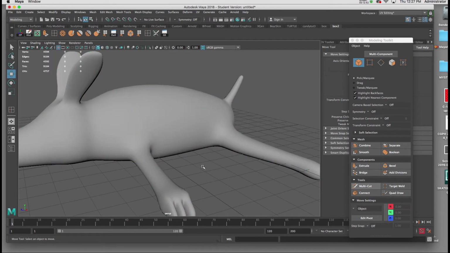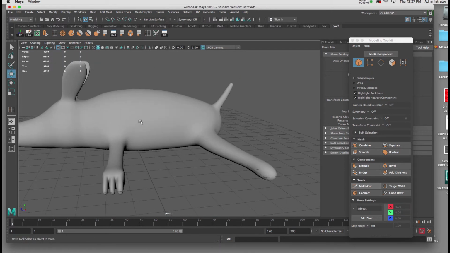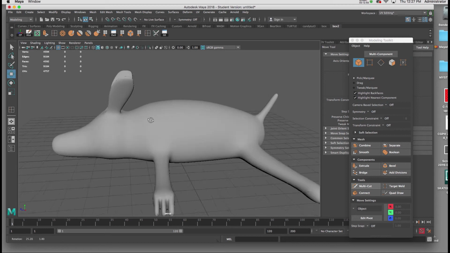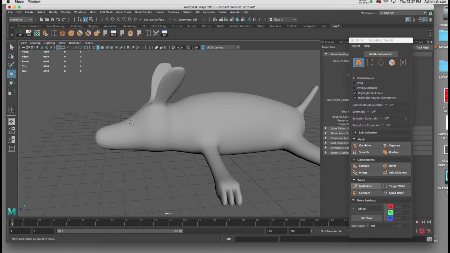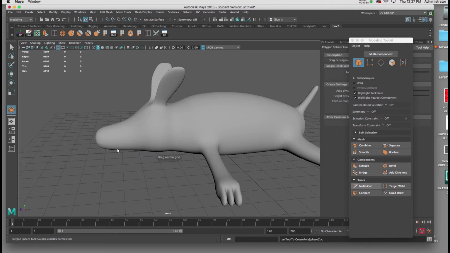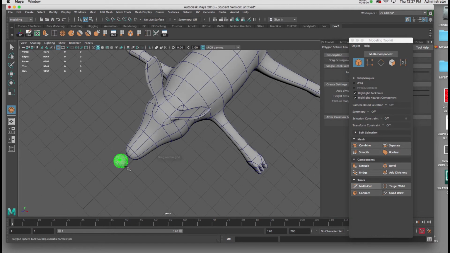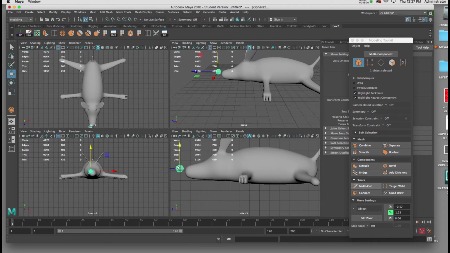Alright, so this is what we've got for the body of our dog. Now if I was going to add a nose to this, I would probably use a simple polygon sphere. So I'll go ahead and go to create polygon primitives and sphere, and I'll just click and drag a sphere in my viewport, and I'll start to go to my orthographic views to line this up perhaps how I would like it to be inside of the